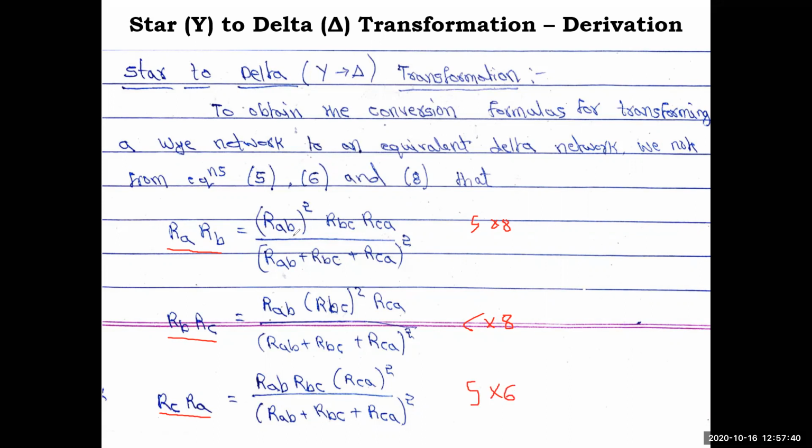So in both terms, RAB was coming 2 times. So straight away we wrote RAB square and RBC, RCA came out. Okay, so in the denominator also you had RAB plus RBC, RCA. Both multiplication, it will come square. Similarly, when you do multiplication of equation 6 and 8, RB into RC, you will get 2 terms of RBC. So RBC square, and denominator anyhow square is coming. Okay, then RAB, RBC, RCA square will come same like earlier.